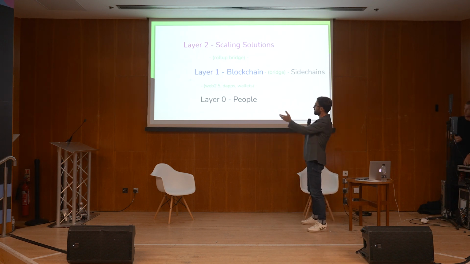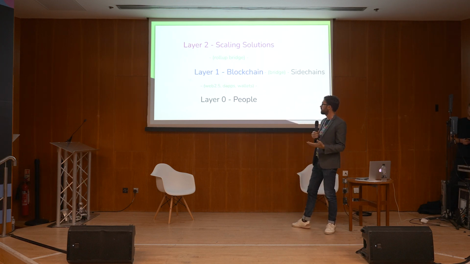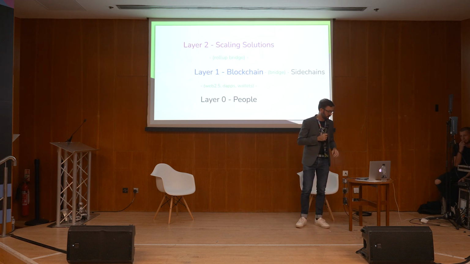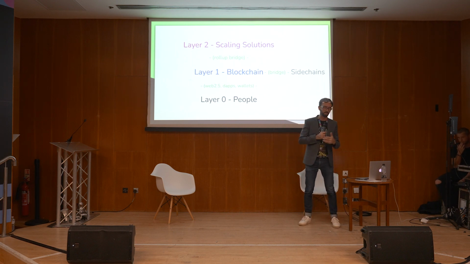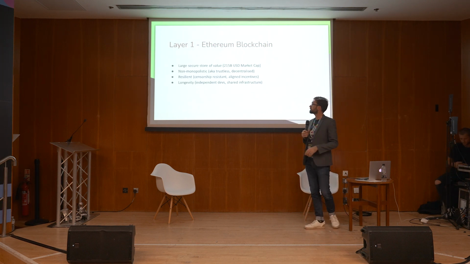So between people and blockchains, you've got Web 2.5 companies that will bridge the gap, the usability gap. So you have websites that feel like Web 2, but they're actually using Web 3 under the hood. So that's described as Web 2.5. There's individual dApps and wallets for people. But between sidechains and blockchains, there's bridges. And similarly, between layer 2s and layer 1s, there's a rollup bridge. There's a bit of a difference there because we know some bridges are not so secure. So similar to what someone said in the previous talk, a chain is only as strong as its weakest link. So let's start with layer 1, the Ethereum blockchain.